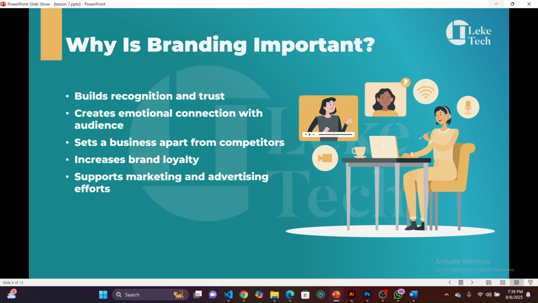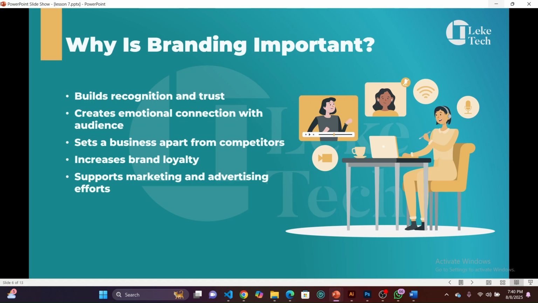When people interact with the brand, whether it's your brand or the brands you're designing for, and they feel the experience was good, or their inquiries were solved, or they got the product they were looking for, or the interaction was good, they build a connection to that brand. That connection of the audience with the brand